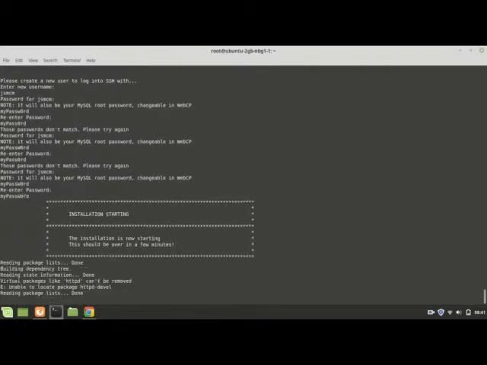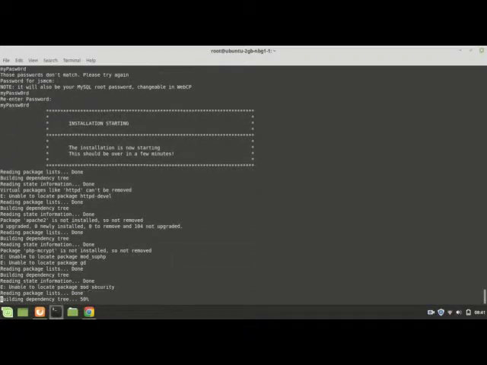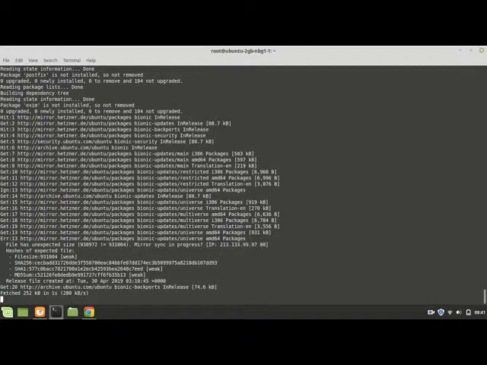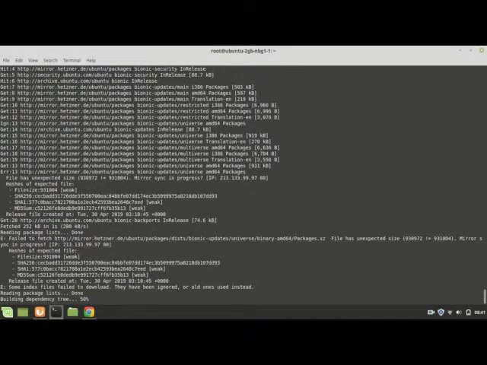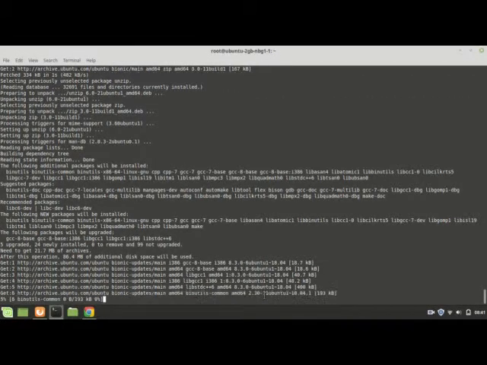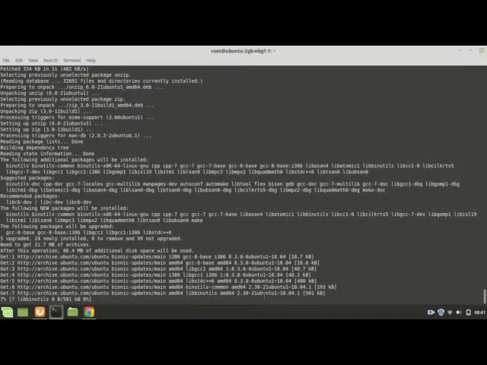Okay, now it says the script is starting and it'll be done in a few minutes. It takes about half an hour. Most of it is fairly automatic. The only section is towards the end where you'll have to press enter a few times. I'm going to pause the video now and I'll restart it when we get to those sections where you have